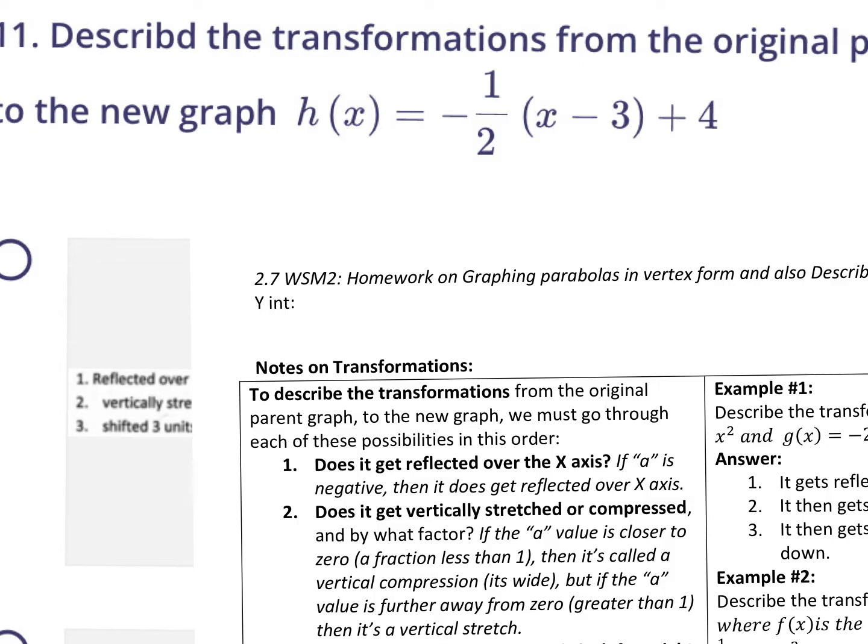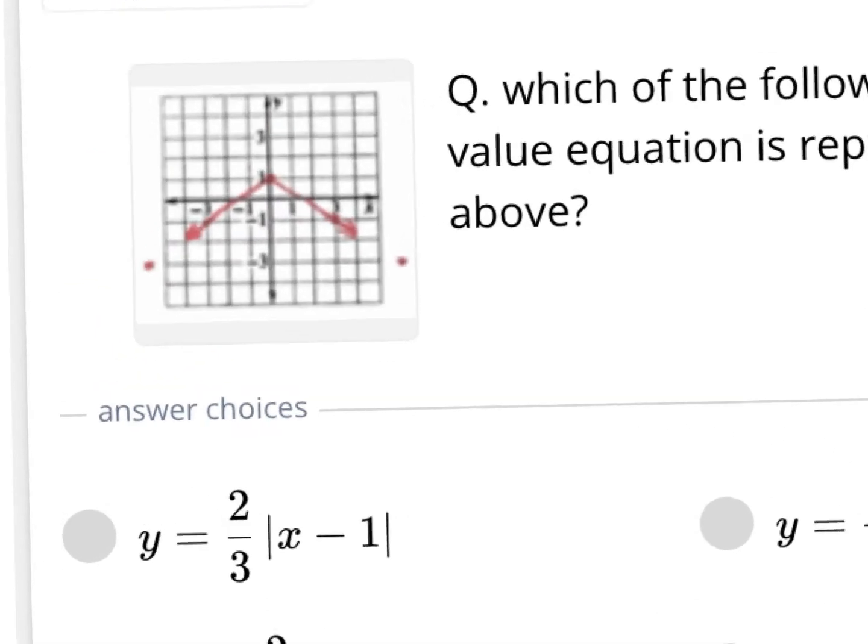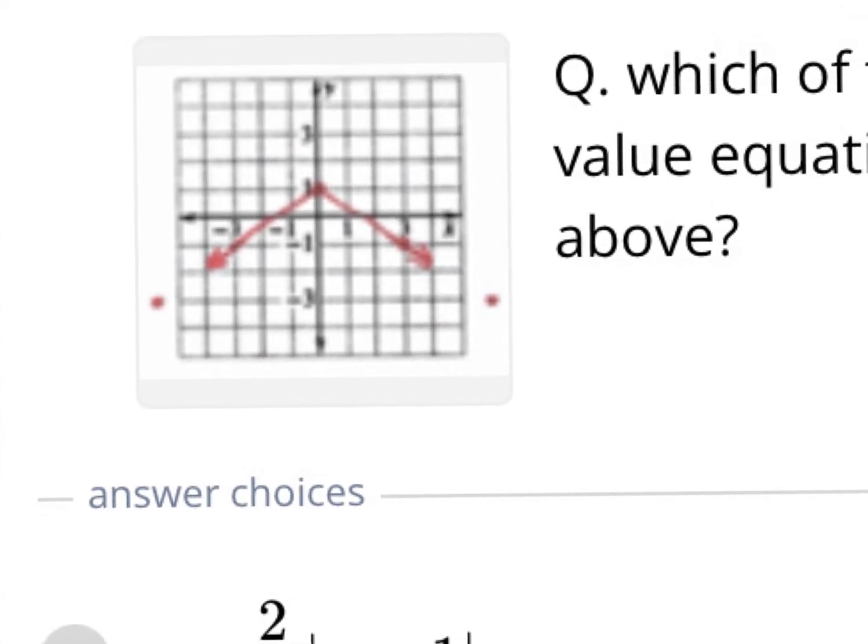Let's move on. Which of the following absolute value equations is represented on this graph? I apologize for the blurry graph, but I think if we zoom in close enough, we'll be able to identify the vertex, which is the coordinate 0, 1: 0 on the x, 1 on the y. Okay? And we could also identify how much you rise and run, because remember, it's a V, not a parabola, it's not a U,